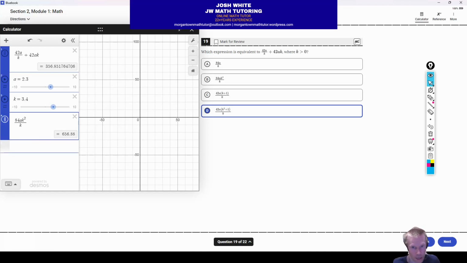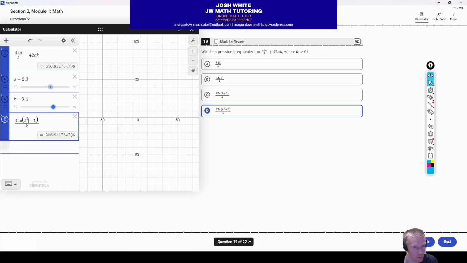Checking answer choice B, 84ak squared over k. Okay, that doesn't match. Not correct. 42a times k plus. Checking answer choice C. That is not correct. So, okay, process of elimination, it has to be D, but just to confirm, notice we